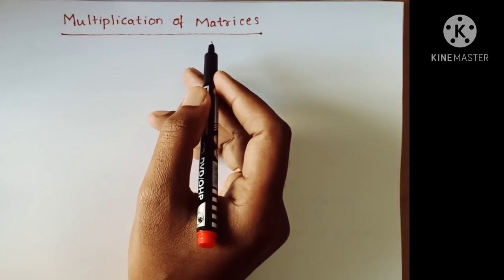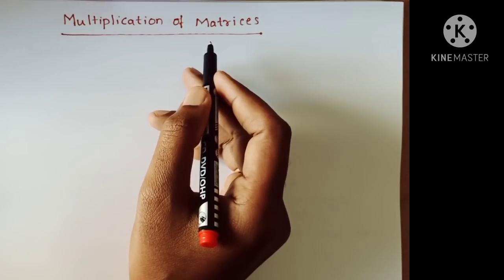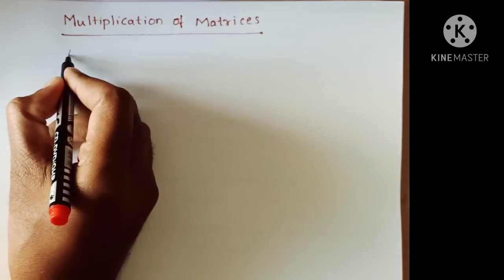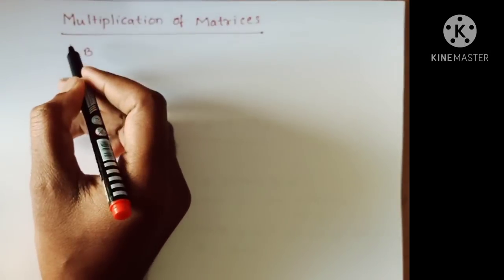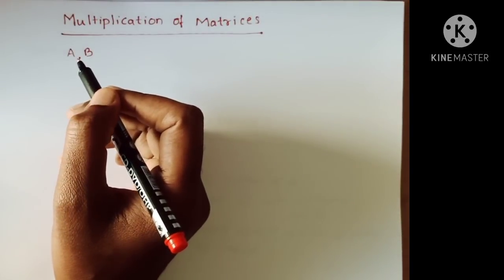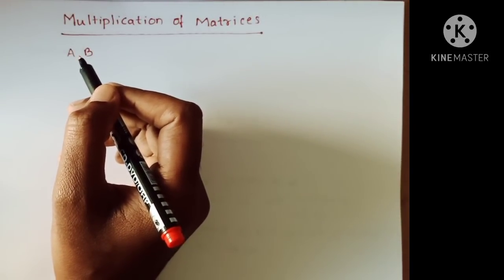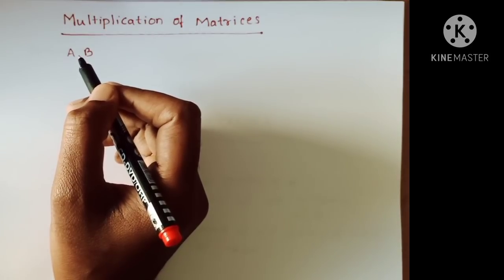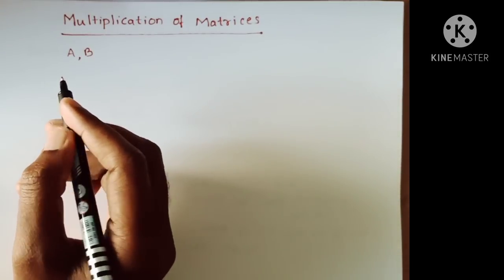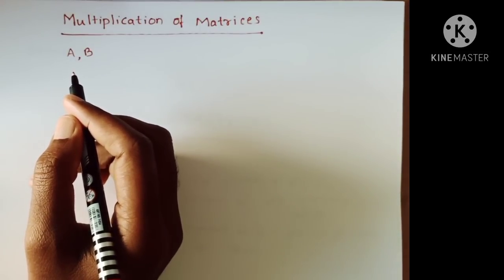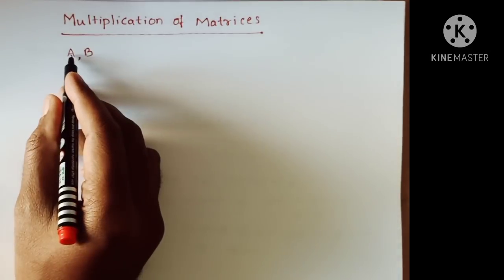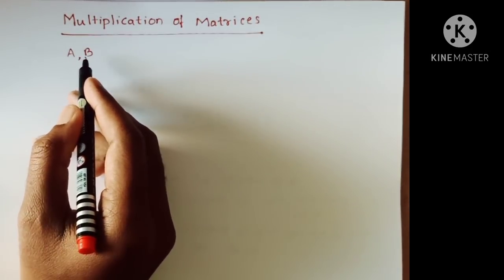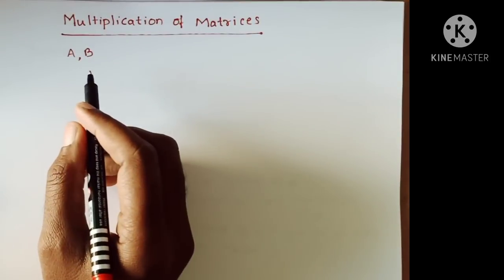Just as we added matrices and multiplied them by scalars, we can also define the multiplication of two matrices A and B by multiplying the corresponding elements of A and B. However, it has been found that this is not the most useful way of multiplying the matrices. But there is an alternative rule that involves multiplying the rows of the first matrix A by the columns of the second matrix B in a systematic manner.